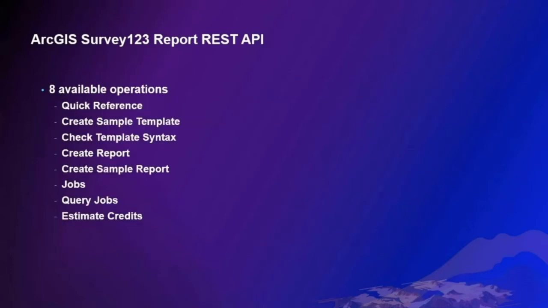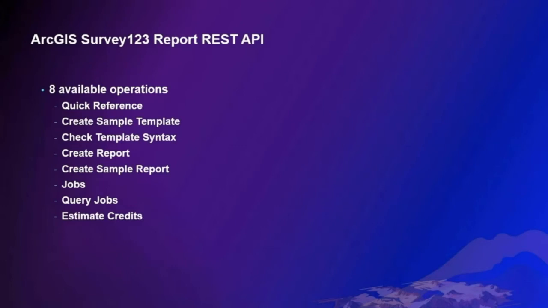There are 8 operations available in the Report API for use in custom applications. The operations are Quick Reference, which displays the report template syntax dynamically based on the input feature layer; Create Sample Template, which creates a default template in docx format for authors to get started; Check Template Syntax, which is a sync operation to check whether a template syntax contains errors that may lead to failure when generating a report;